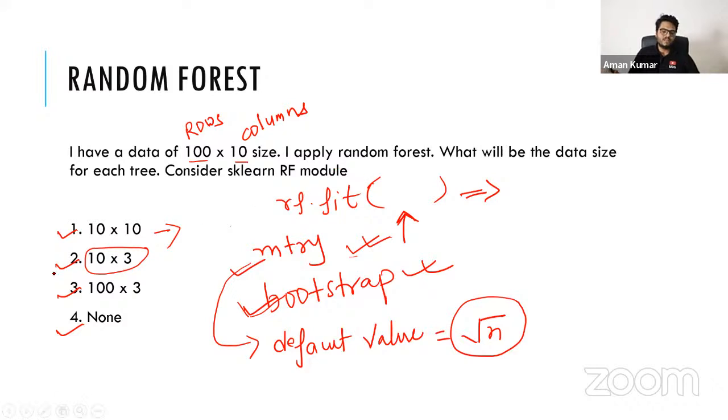So some people are saying 10 cross 3. Some people are saying 100 cross 3. 10 into 10, nobody is saying now. So I'm not convinced with option 2 until or unless somebody tells me with confidence that yes, it is option 2. Is it 2 or 3?